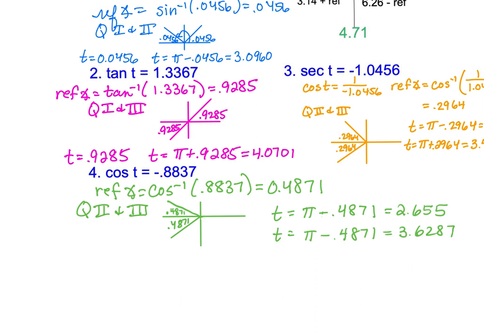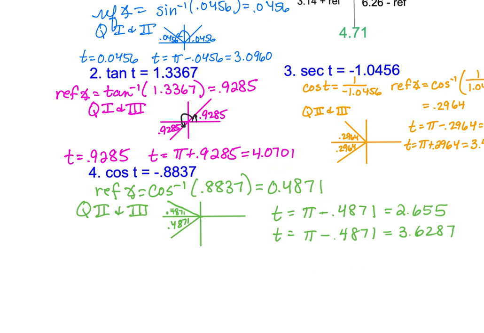Again, the process is the same. You find your reference angle. Inverse tangent of that ratio gives you the reference angle, 0.9285. Tangent's positive, so I determine which quadrants my solutions will be in. Quadrant 1 and 3, where both x and y have the same sign. I have one answer in the first quadrant. That one's the easy one. Right here, that's my angle. My second angle is in quadrant 3, which is pi plus 0.9285,